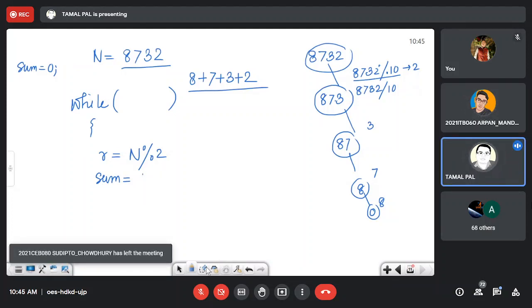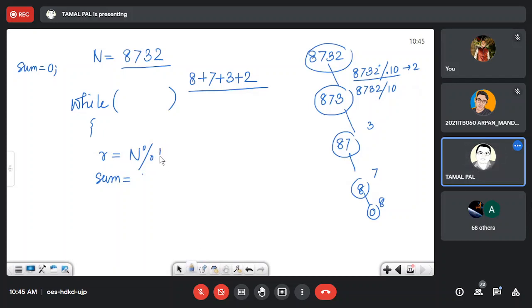Very good. Not binary, it's a decimal number. So sum equal to sum plus, like before, r.